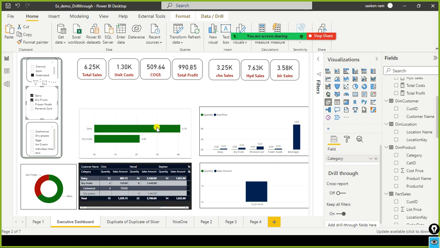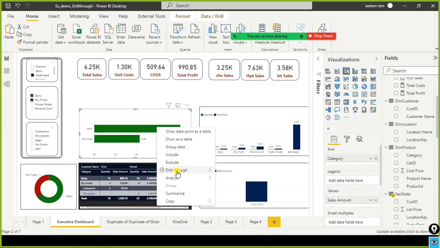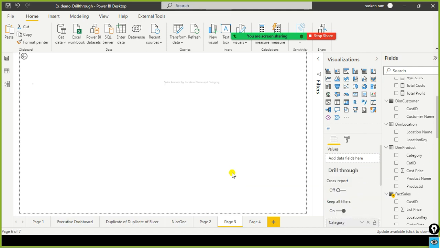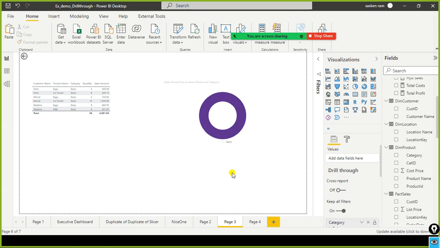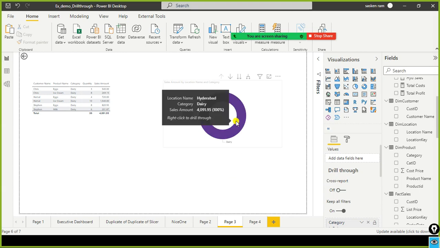If I want to understand, of these two selected, what is the sales split by dairy, page 3, if I click on it, it filtered only Hyderabad.